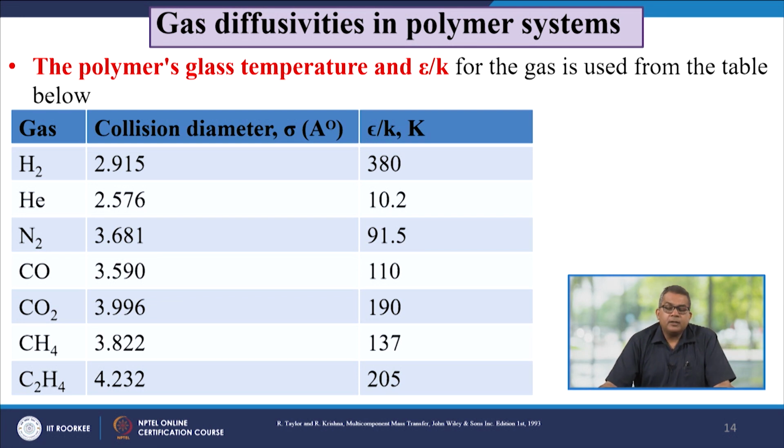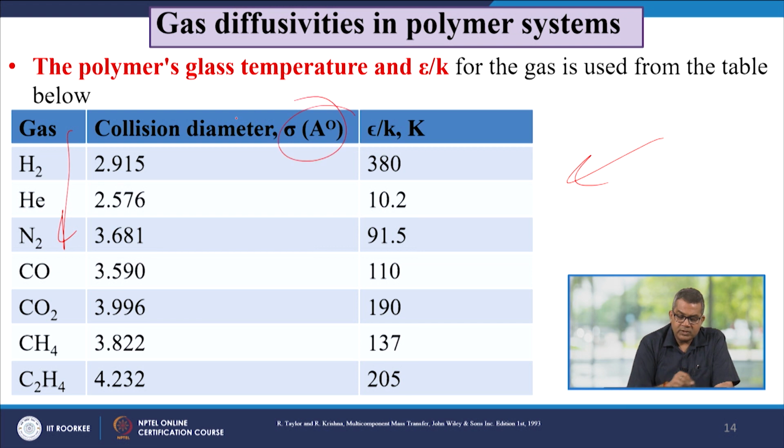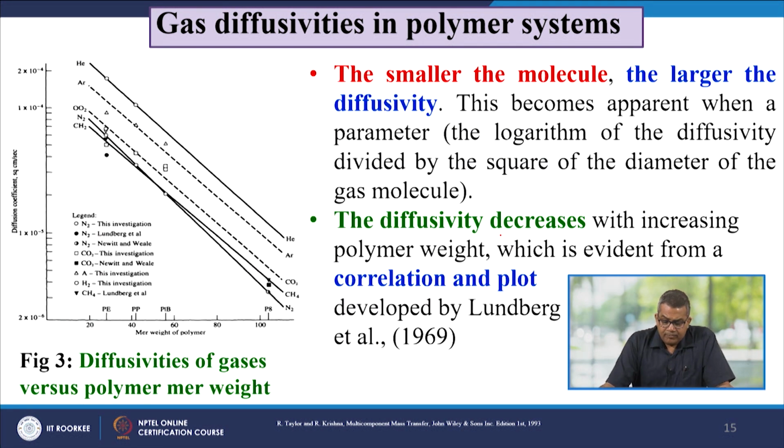The polymer's glass transition temperature and epsilon over K for the gas are taken from the table, where we have listed different gases like hydrogen, helium, nitrogen, carbon monoxide, carbon dioxide, methane, all these gases, and then the collision diameter, which is given in angstrom, and epsilon over K in Kelvin is also given. Now, the smaller the molecule, the larger the diffusivity. This becomes apparent when a parameter, that is the logarithm of the diffusivity divided by the square of the diameter